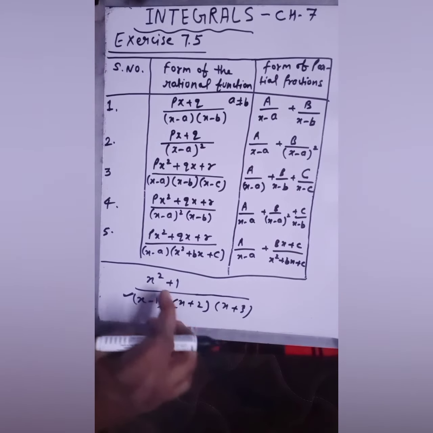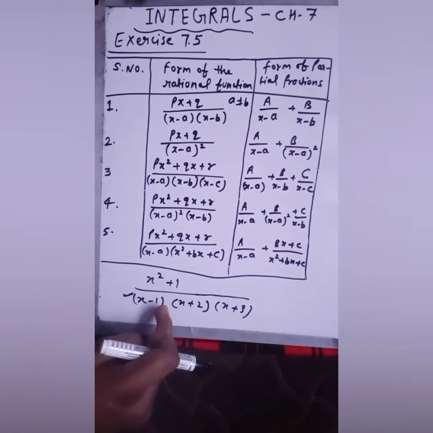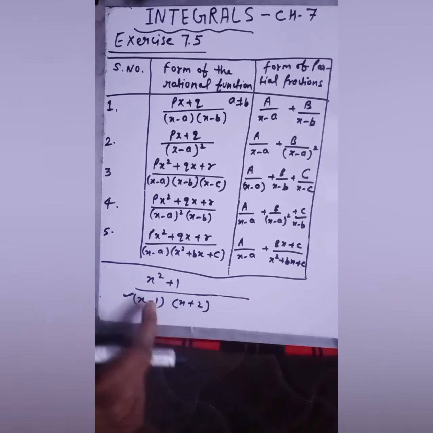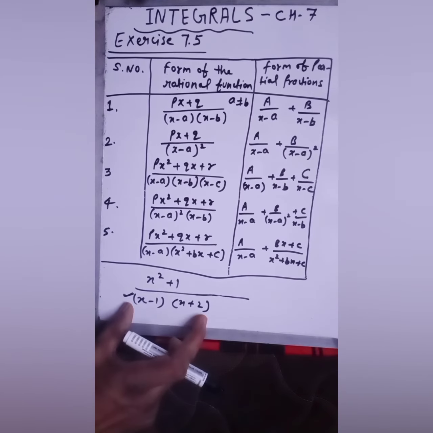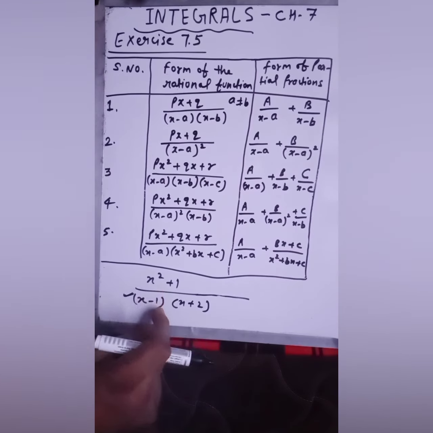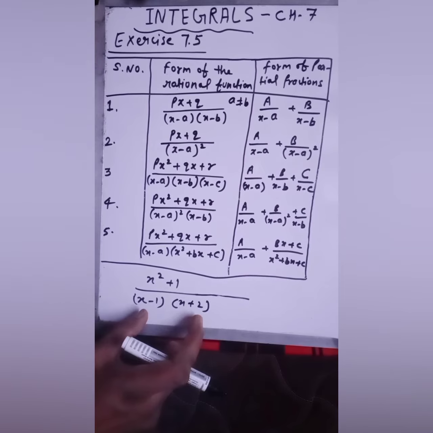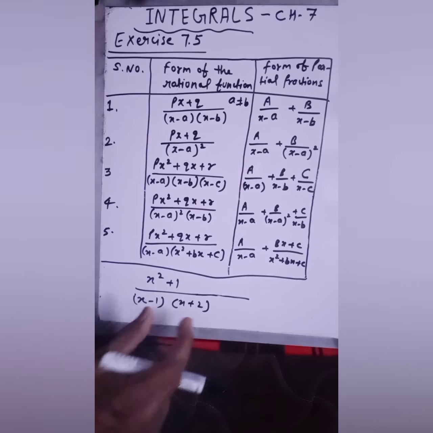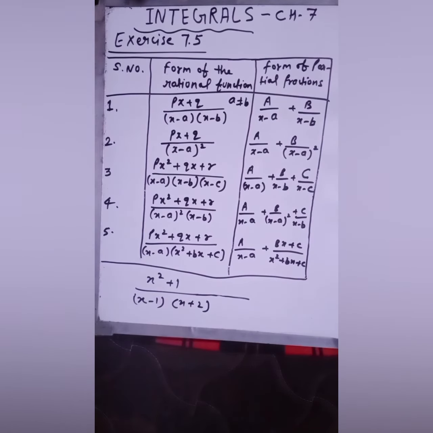If the degree is equal, suppose here when you solve this, you will multiply the denominator terms, so the highest degree will be 2. Here the highest degree is also 2. So this is not a proper fraction, so you cannot apply partial fractions in this. Are you getting my points? So what you will do is divide this first. How will you divide? I will solve some questions related to that, then you will understand.